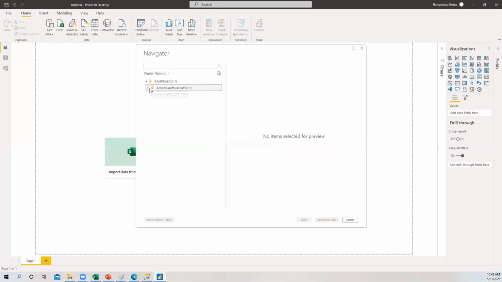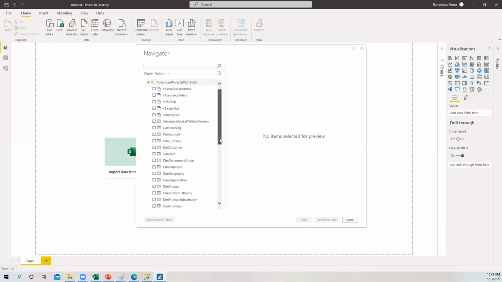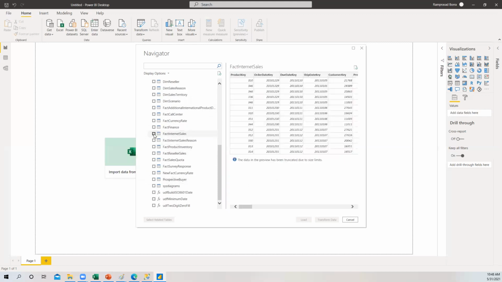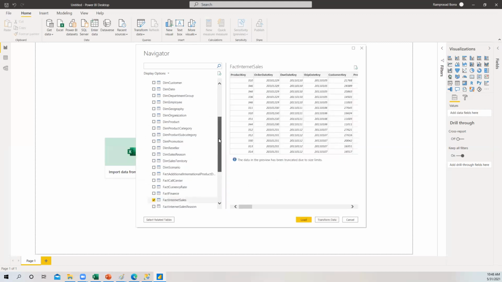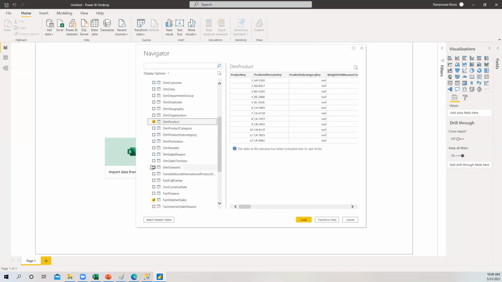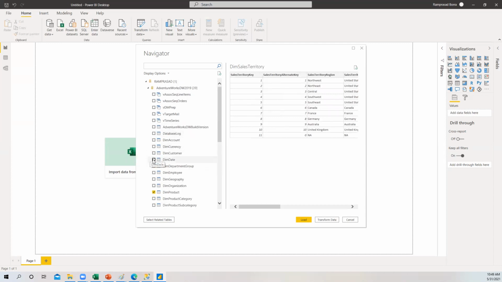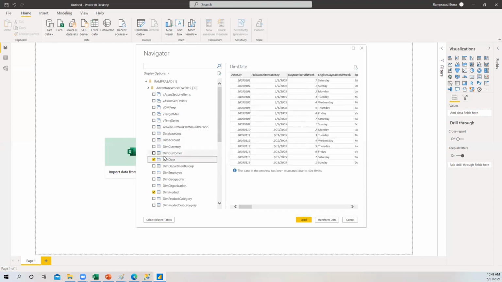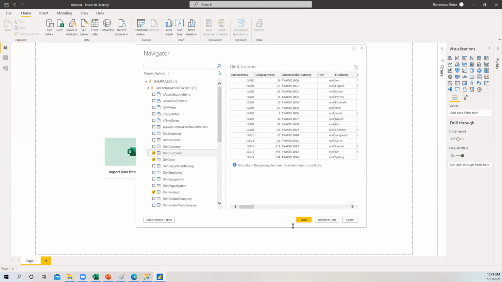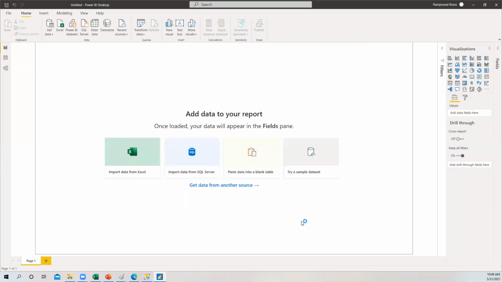See, guys, now I can select the tables, right? What are my tables? Fact internet sales, DIM product, DIM sales territory, DIM date, DIM customer. Like this, I can load, right?